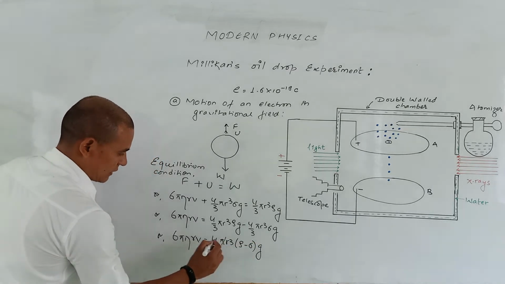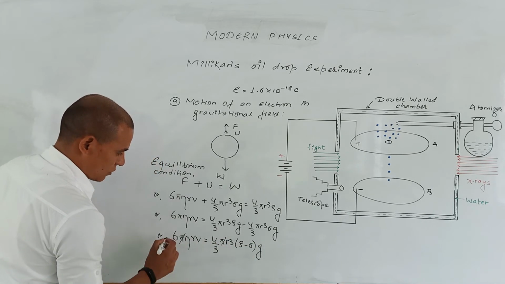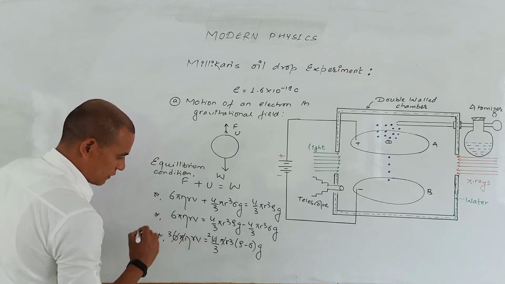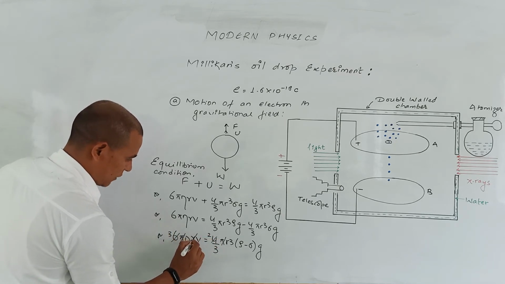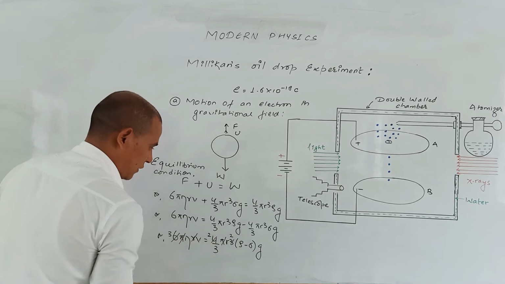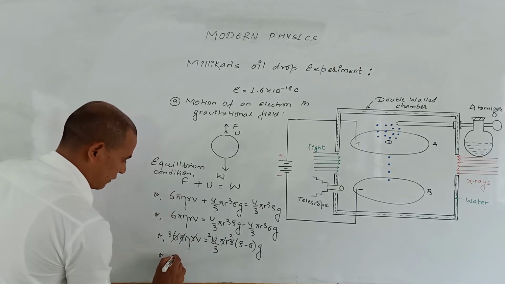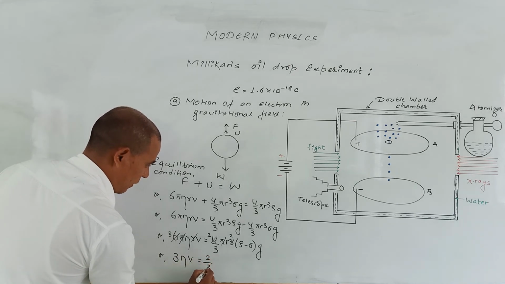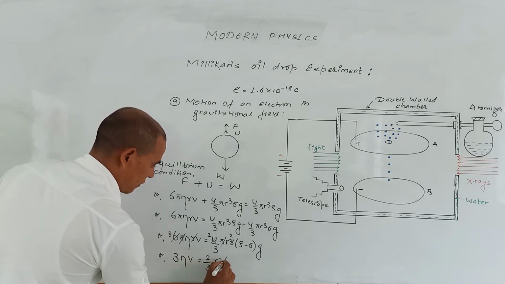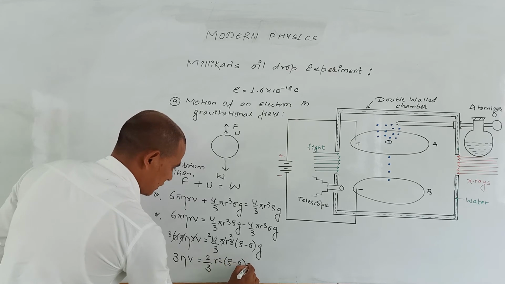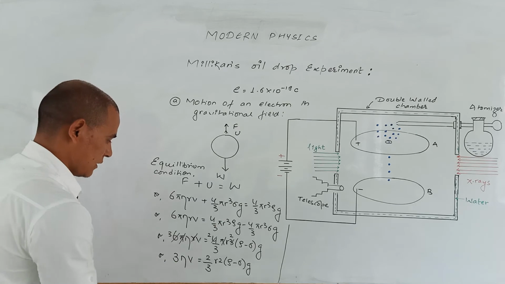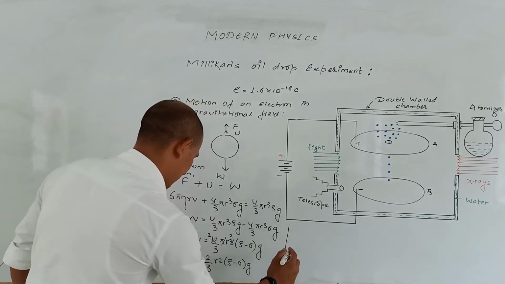Now we can cancel pi, and 2 3s are 6, so the radius gets cancelled and that will be square. So our final equation will be 3 eta v equals 2 by 3 r square, rho minus sigma, g. If I simplify this equation again, our final equation will be